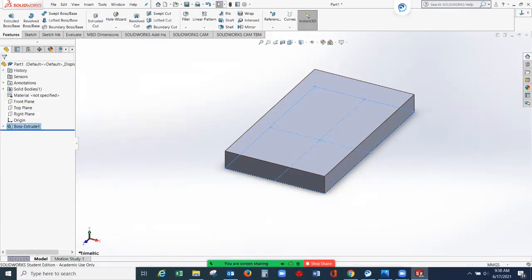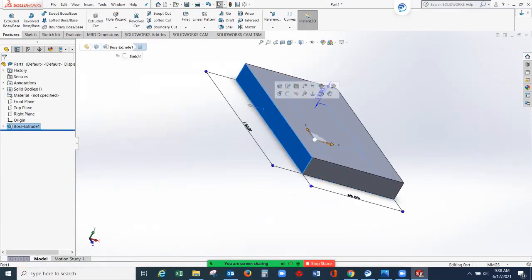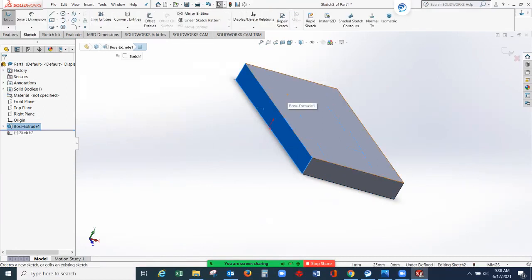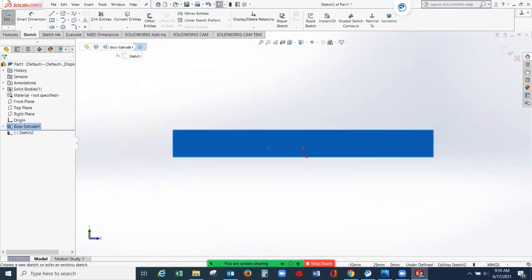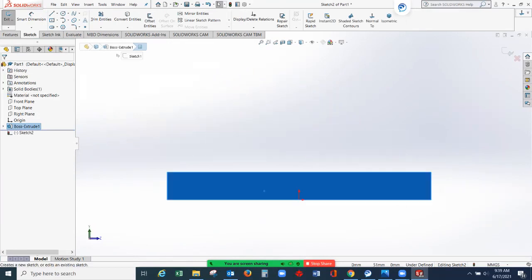And here on this side, I can go to this face, do my sketch, and press Ctrl-8 on the keyboard to make it normal to. Then I will draw another rectangle here. Instead of the center rectangle, I can use a 3-point corner rectangle.